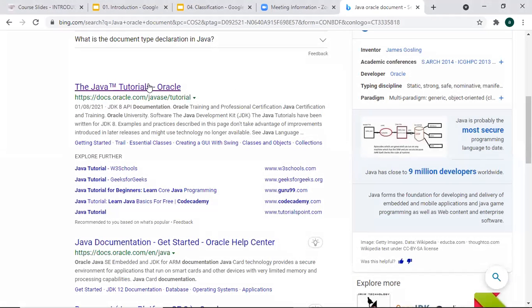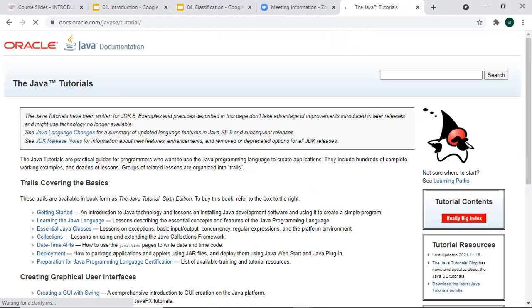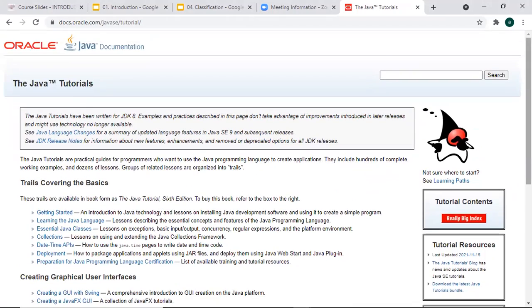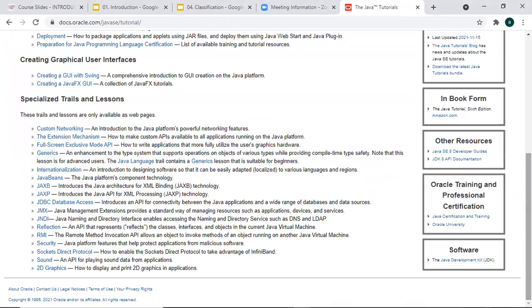One more thing, this is the document, Java tutorial by Oracle. This is the genuine document. In our lecture as well, we're going to follow this. Some of the students who are already aware about this might know, but those who are new, I'm just giving you a basic idea. Once you click on this document, which is given by Oracle, you can refer to this whenever you want to search about anything.